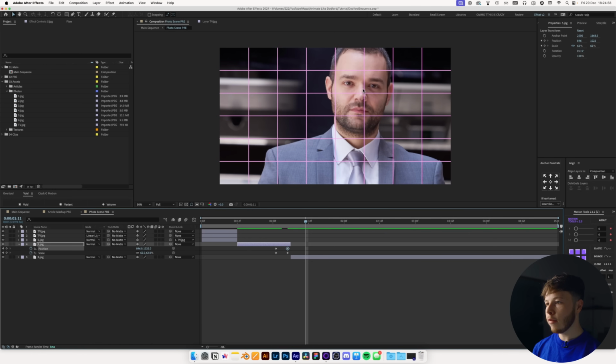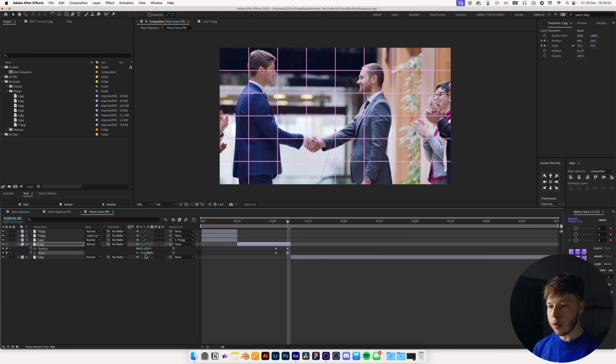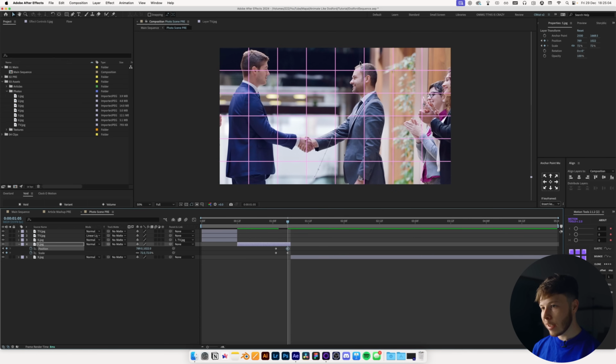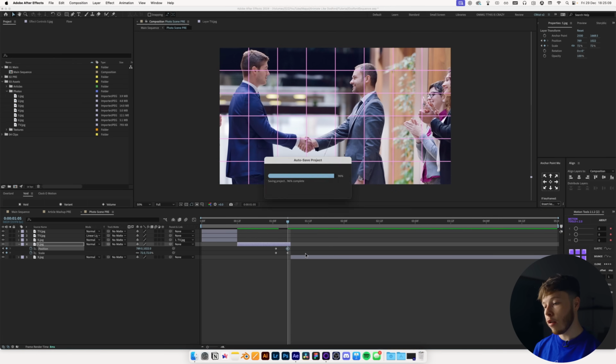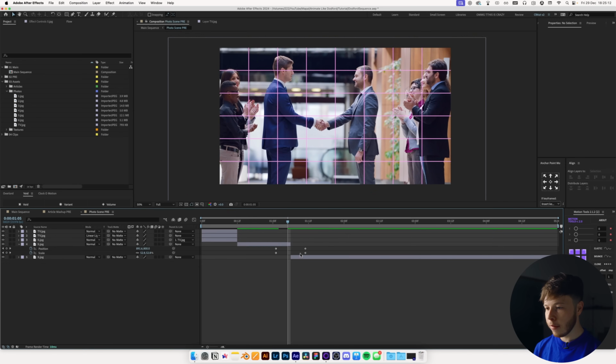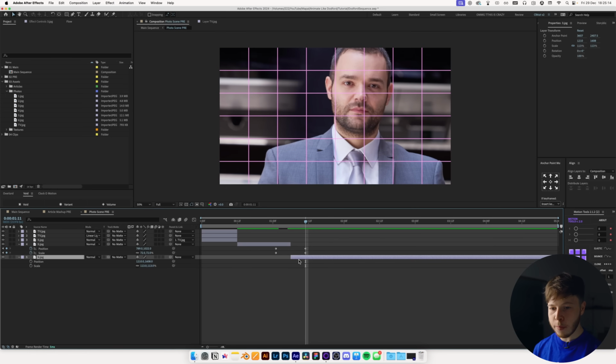So as you can see, we have the grid line right here, which is where his face is, and then we just want to make sure that we scale it up a little bit and keep that guy in that same frame so that it zooms into him and into the other person that is in our next scene. And then we can just space out these keyframes a little bit, go forward, hit S and Shift P again